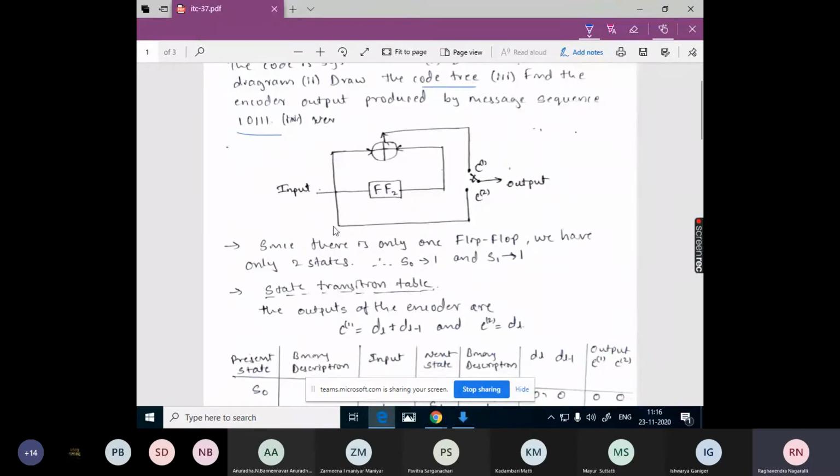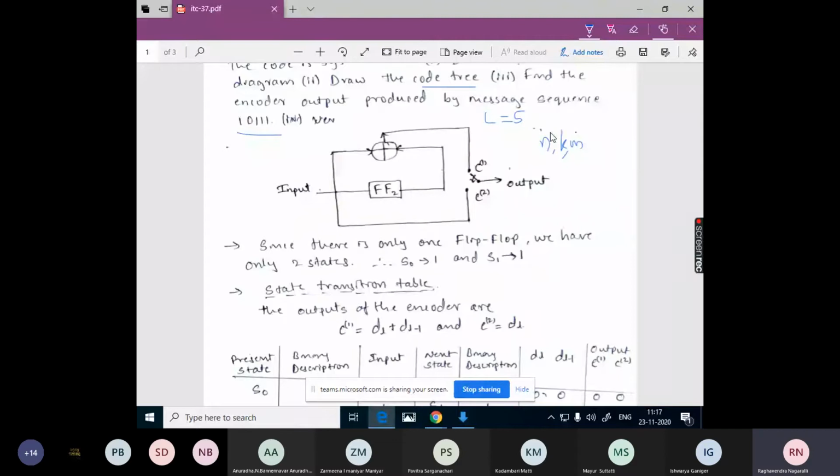This is the encoder diagram given, and from this diagram we can make out the parameters n, k, m, and the L value. The L value is the number of bits in the message sequence, and in the message we have 5 bits, so L is equal to 5.